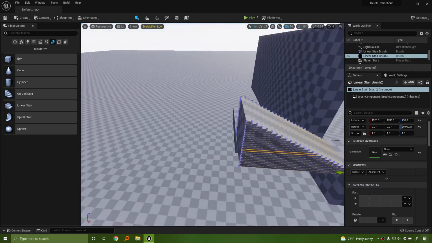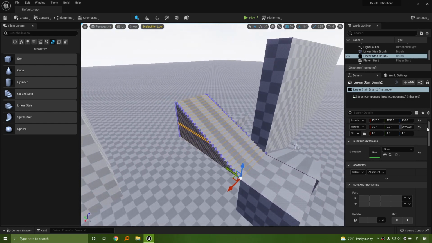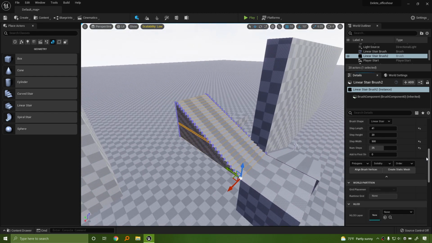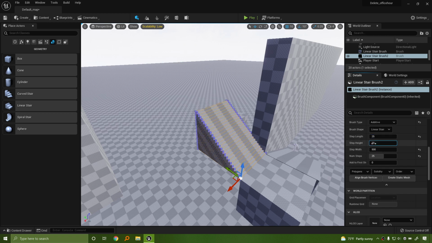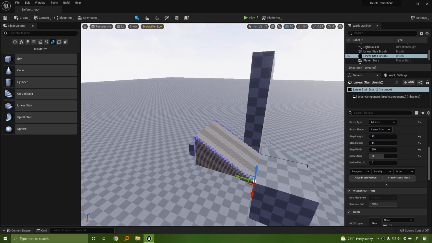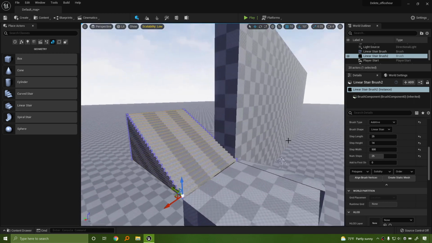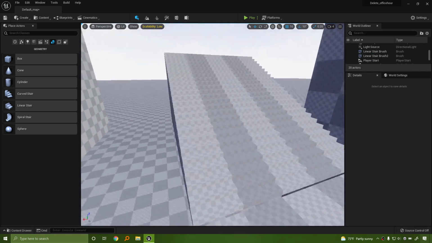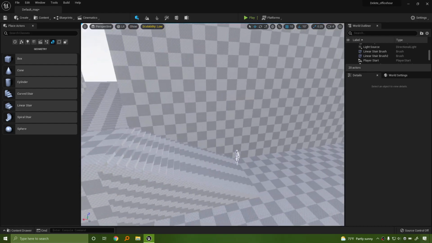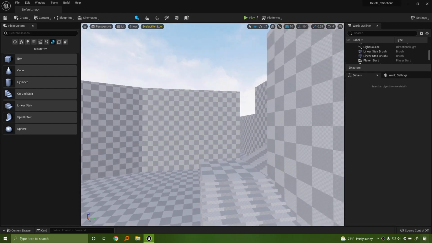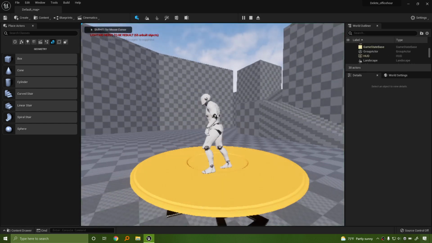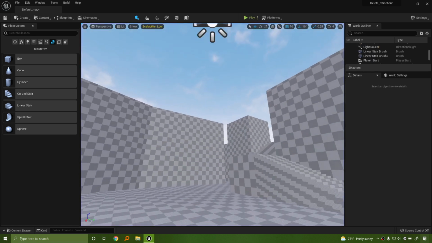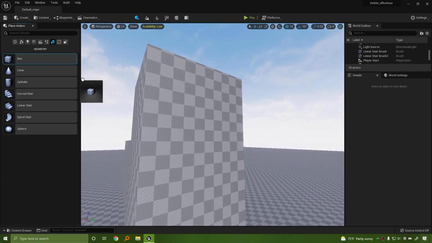See, now this stair is getting a little too long. No big deal. We can shorten the length of that stair, because that's just what you can do. And then we can modulate the height to get something a little more comfortable. There we go. Hitting escape will automatically change, and we can reduce the number of steps because the level's getting a little big, but no big deal. Let me get a look at what I can see here. Cool, that looks great. I'm going to do a box cut in here.